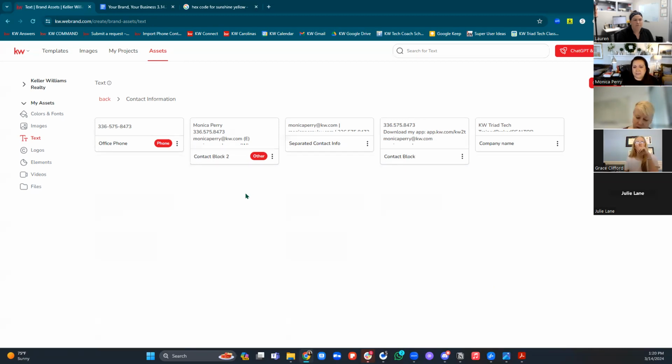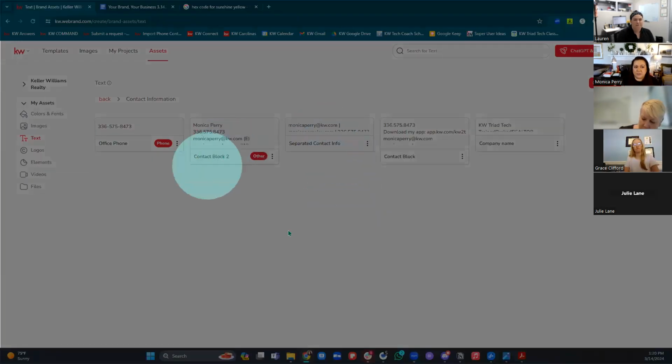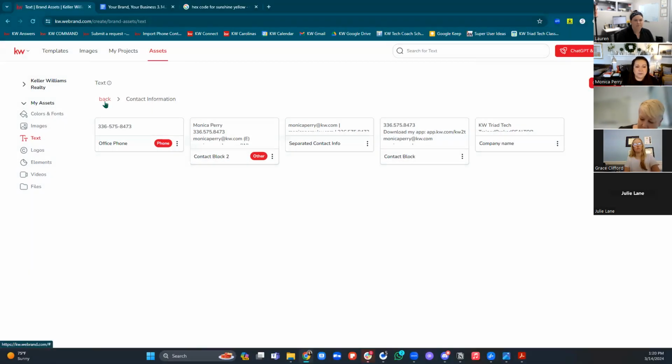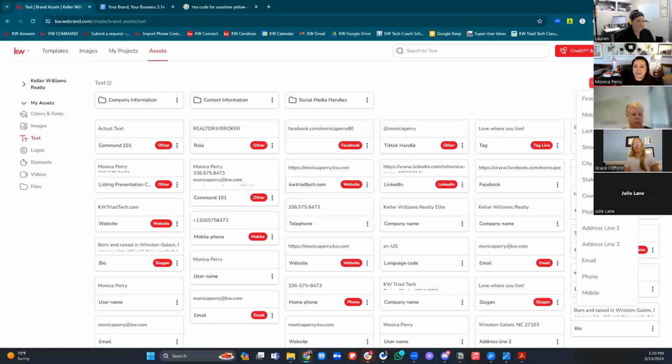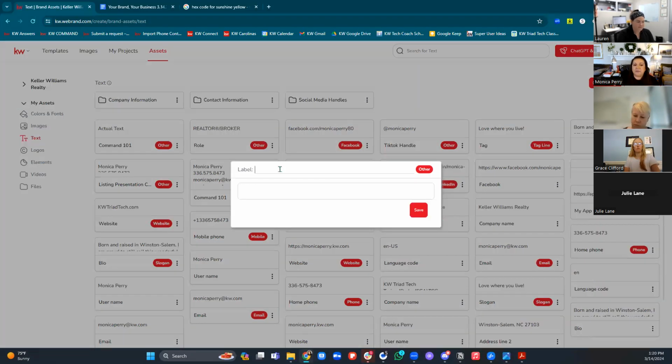I've just seen those in different designs that I've made, so I've gone ahead in here and added those things to my text. All you do is click add text in the upper right, and you can choose what type of text it is, or go all the way to the bottom and choose other and give it your own label, like your TikTok handle